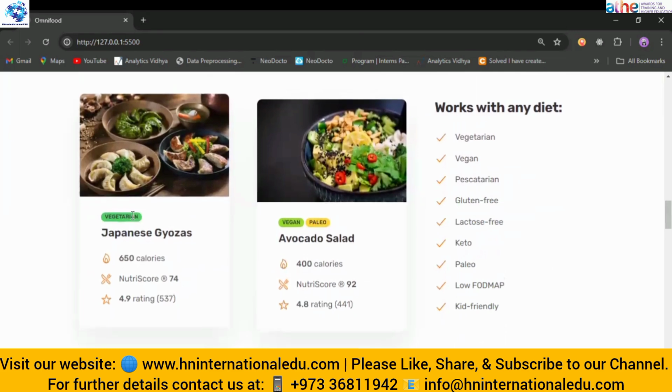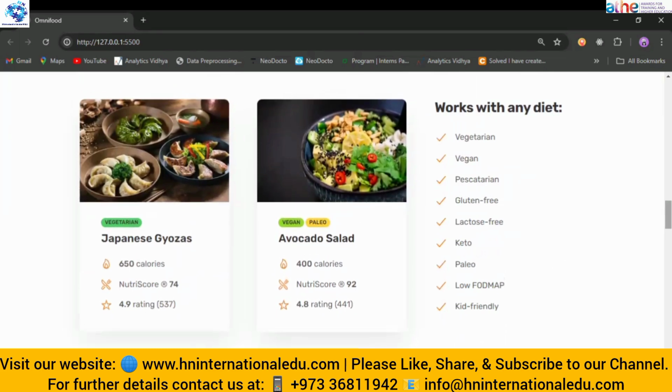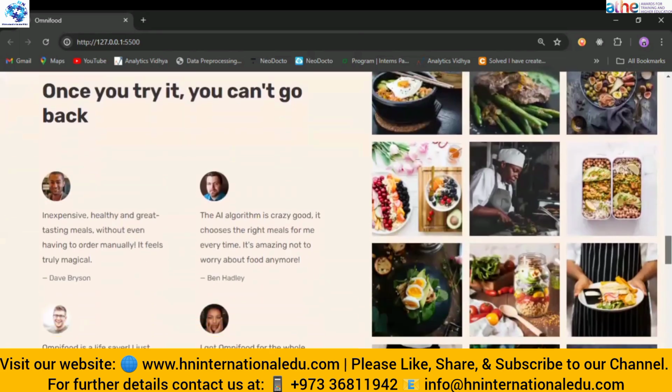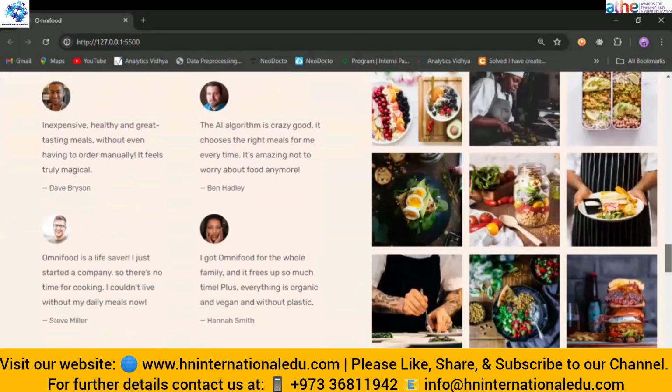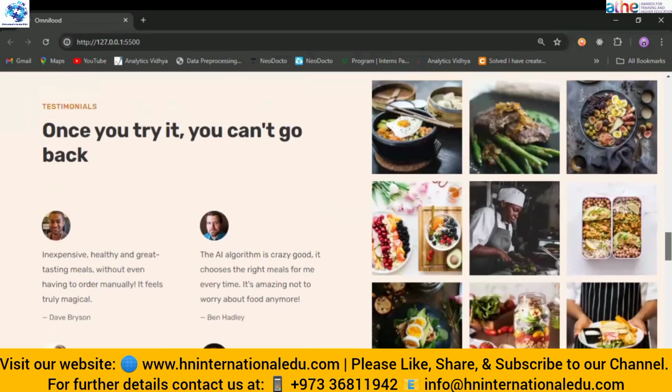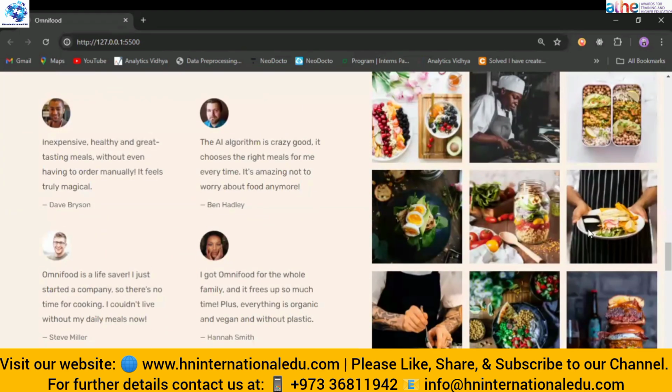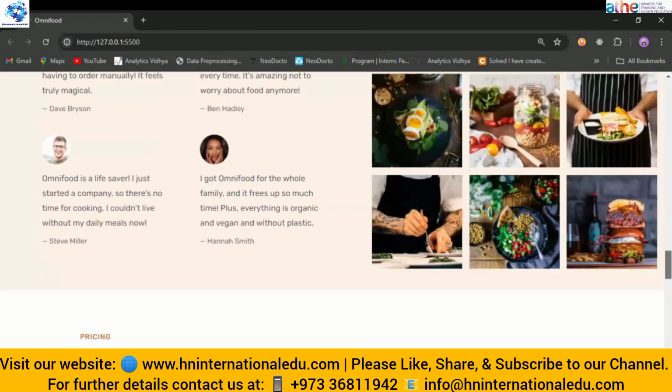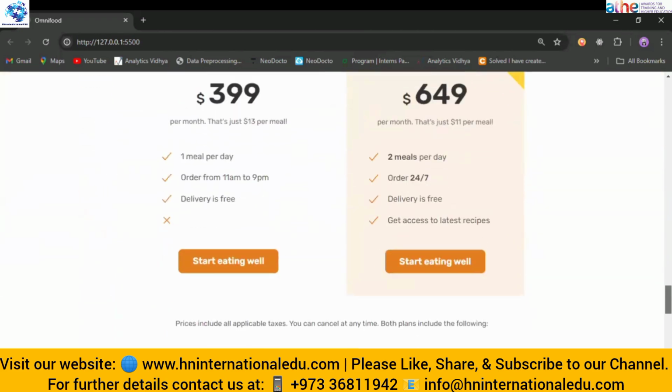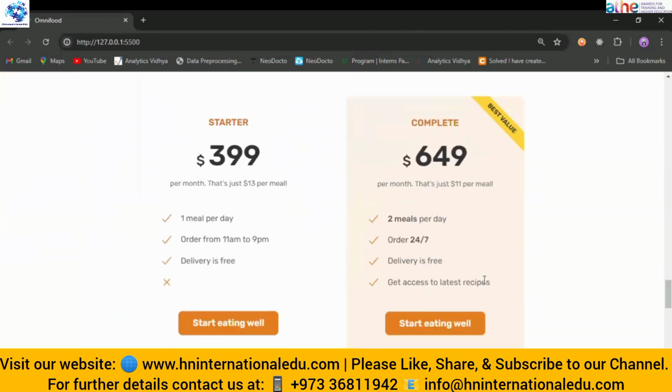For vegetarian, we have highlighted a text so that a user can easily see which one they should choose according to their need. Then this is called the testimonials, the reviews of the users, means what the other users say about their content. So in this way, a UI interface is designed. Then again, following the visual hierarchy, the color of the button is different from the others.